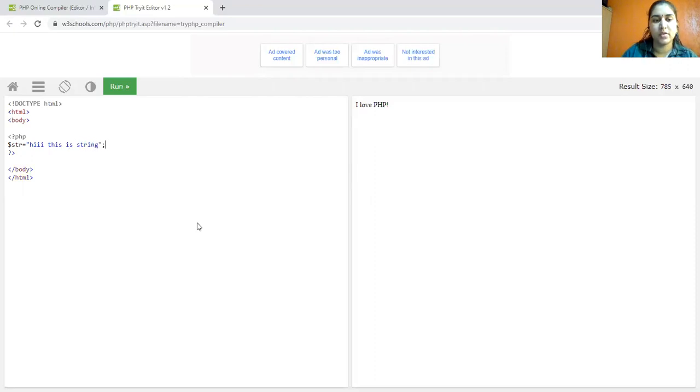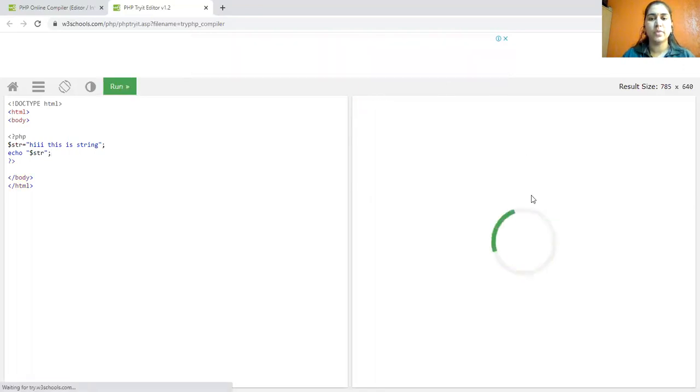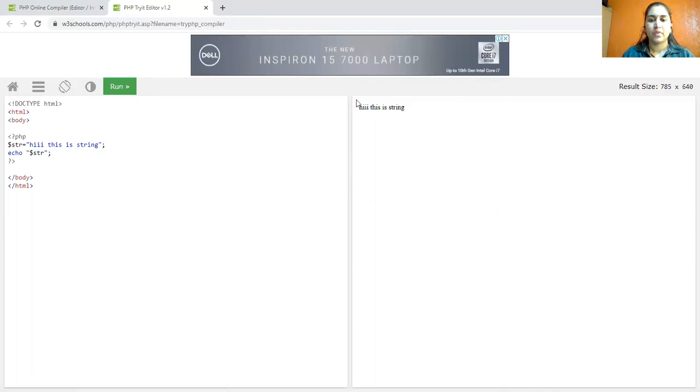For displaying it, I'm using the basic function, that is echo. So echo $str. It will show you the string. Let us see what the output would be. Hi, this is string.